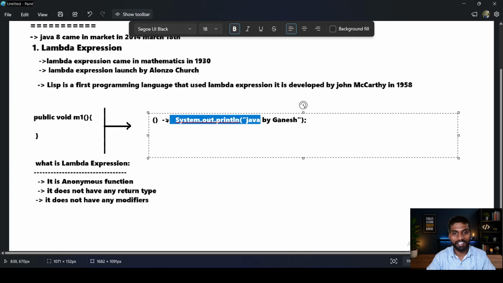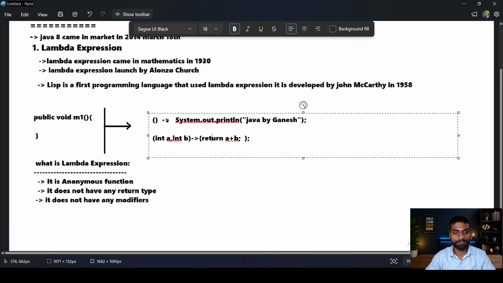Are you understanding, guys? Suppose I write here the next lambda expression, that contains some arguments like int a, int b. Okay, this is my arrow symbol for understanding that it is a lambda expression. So how will the compiler understand it is a lambda expression? With this arrow symbol. Okay. Simply write here return a plus b. Simply write here a plus b.